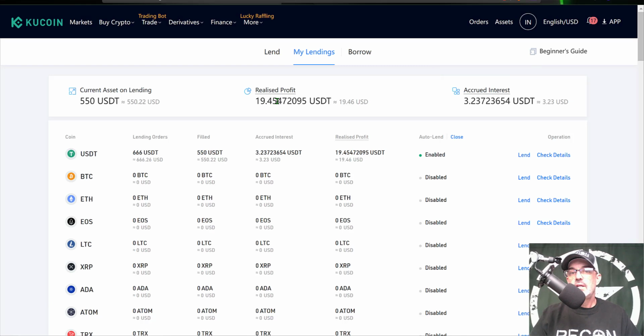And in addition to the 19 USDT, I have just about 3 USDT of accrued interest that will be paid once the loan term ends or the borrower repays the loan. And so in reality, I'm looking more like 22 to 23 USDT. And so going forward, I'm going to try to keep this balance around 1,000 USDT and any additional interest income for the compounding factor, and do updated profit reports to try to narrow down what I'm actually earning